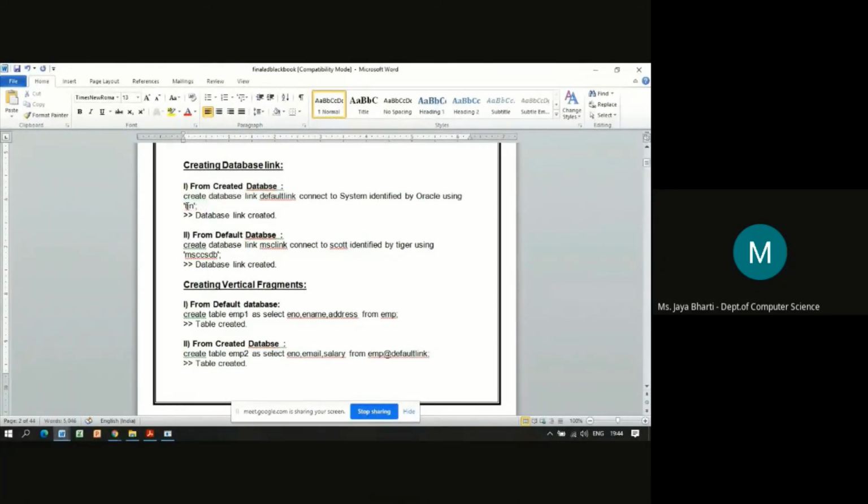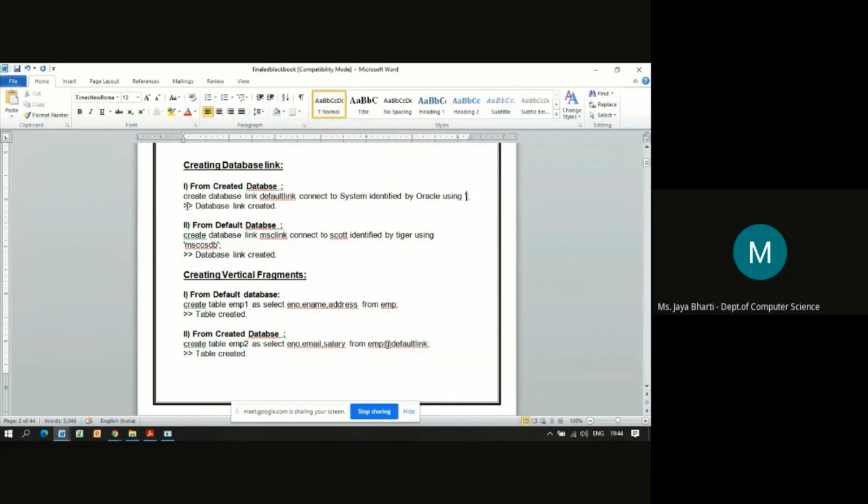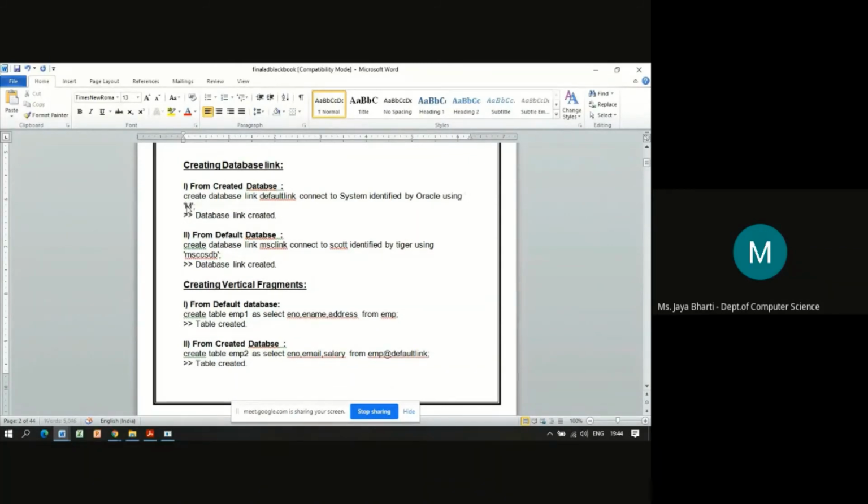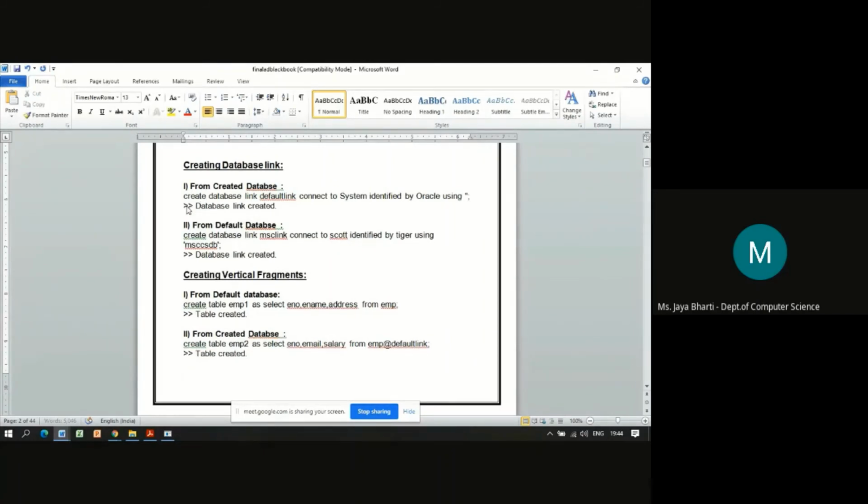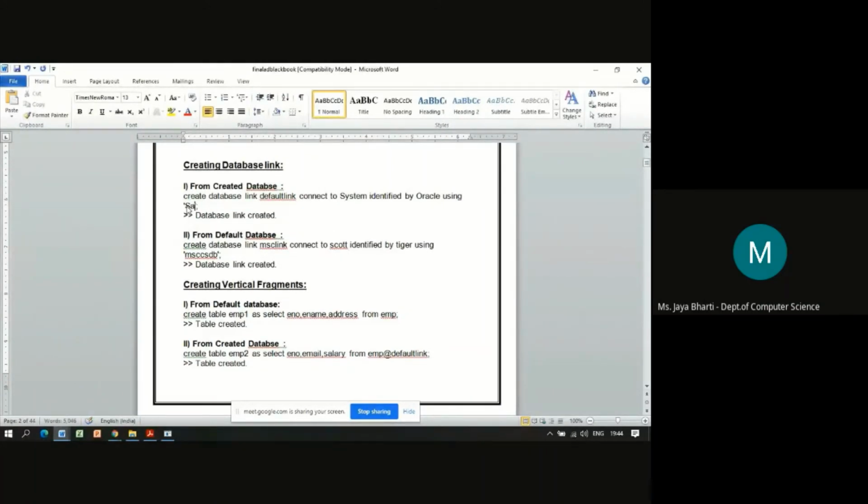Fine. So you can change over here. I'll give, let's say, MSC, or not MSC, forget it, we'll create, say, Sampada. Okay, fine. So create database link.